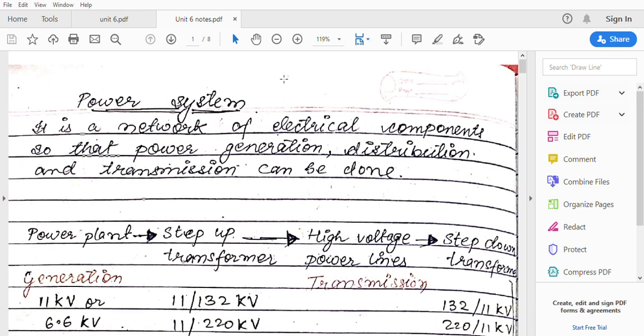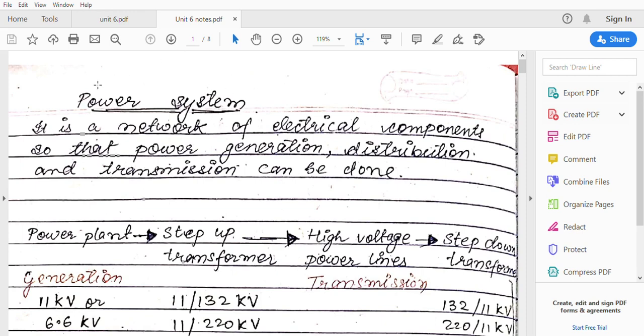If you see in your house or in your college, in the house you have tube lights, bulbs, fans, washing machines, mixer grinders. So these are various electrical loads constructed from these basic elements. These loads are connected in some series-parallel combination, and this whole thing forms a circuit. If you consider each household as a circuit, then you get a complete network, each household having different electrical circuits.